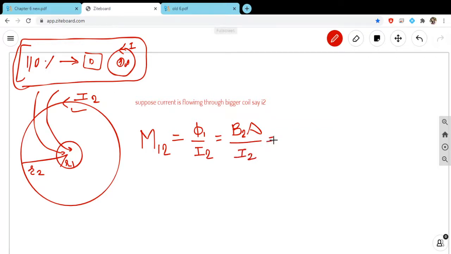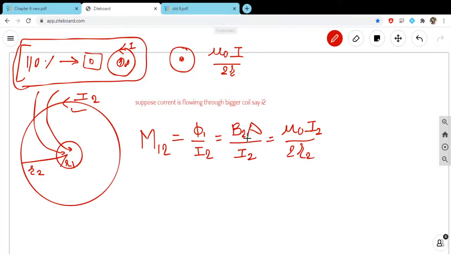The magnetic field produced by the bigger coil, you know, the magnetic field at the center of the coil is mu naught n I by 2r, but there is a single turn, so mu naught I by 2r. This will be our equation, the magnetic field at the center. So the magnetic field due to the bigger coil is mu naught, the current flowing through the bigger coil I2, by 2r, that is, for the bigger coil, r2. So this value is for B2.